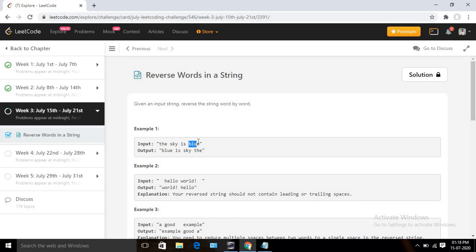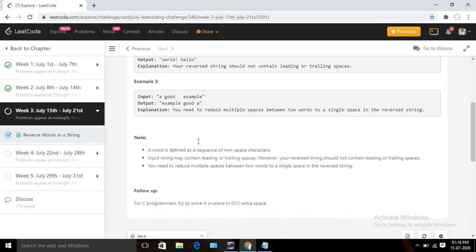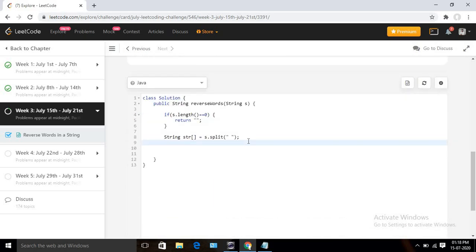We can use strings, but since string is immutable in the case of Java, we are going to use a string builder. The advantage is that if you use string, Java will create multiple instances of the string, and at the end of our execution there will be lots of string objects for garbage collection. So for better, optimized code, we can use string builder. Let me declare one StringBuilder.